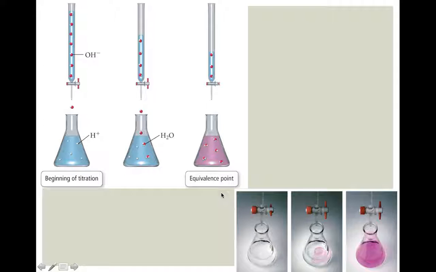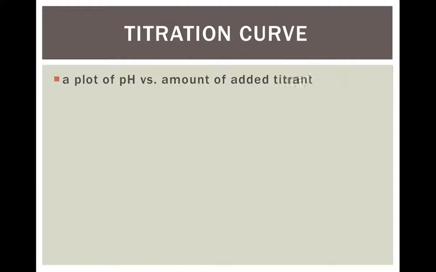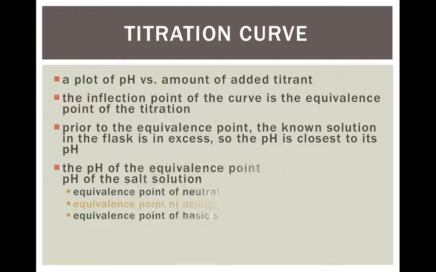to a certain degree, usually it's a 7 or whatever you need the pH to be, it's going to change color, and that's the indicator that changed color. So that's how you know the pH has changed. You stop, you measure how much titrant you used, and that's how you're going to calculate the other known concentration. When you do this,